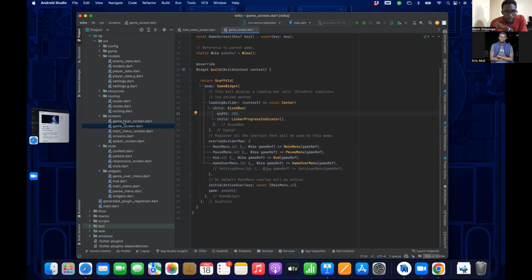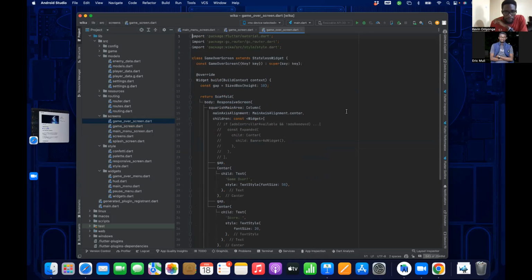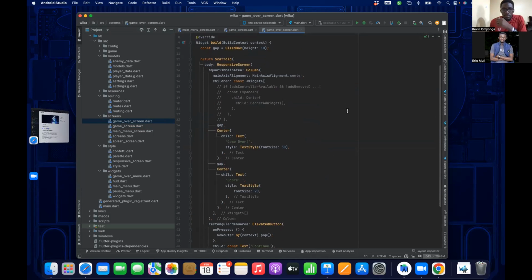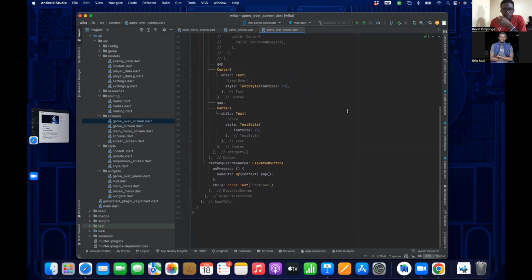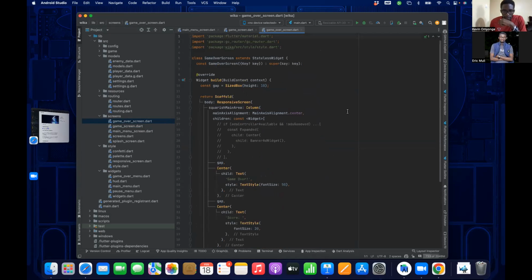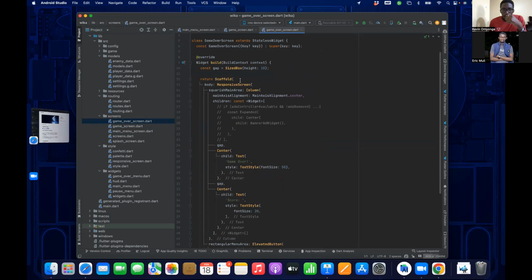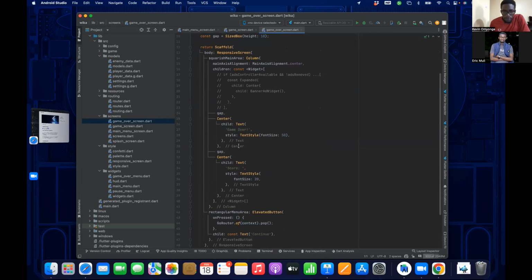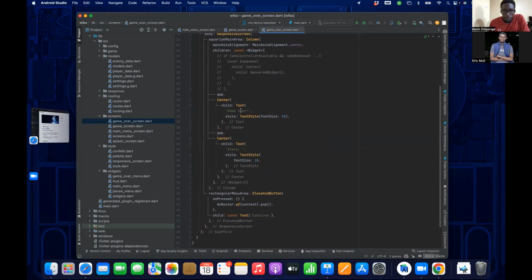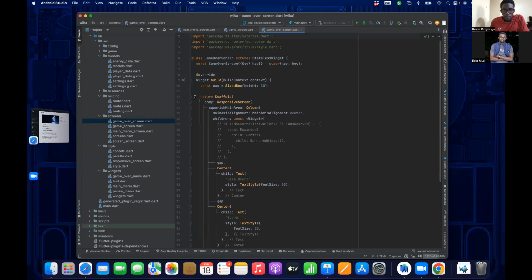And we have the game over screen. This is just a normal Flutter stateless widget, meant to be responsive. It shows you that the game is over, your score, and the continue button for you to perhaps exit the game or go back to the main menu.